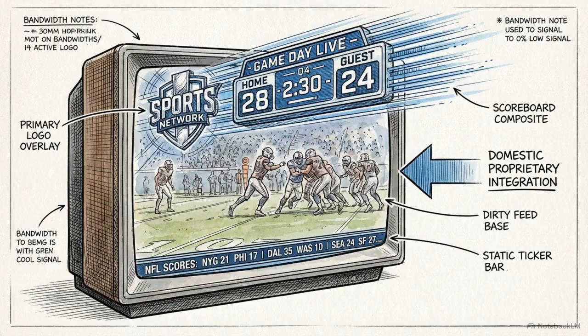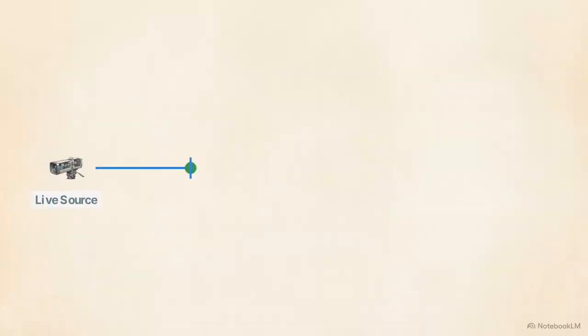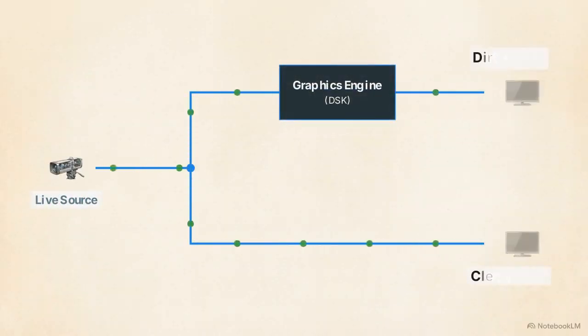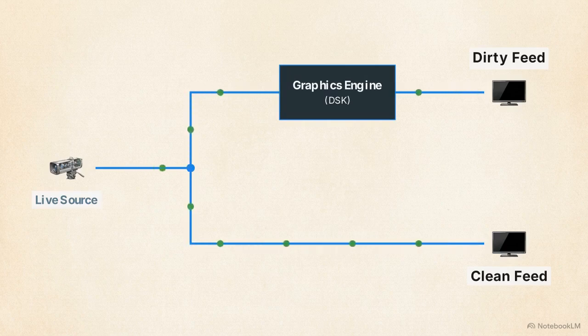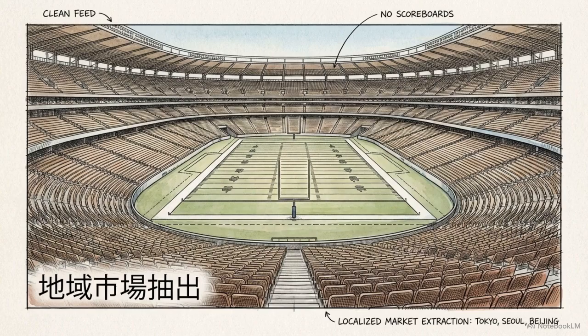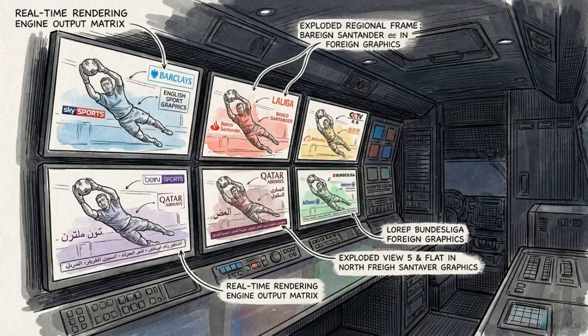output. The dirty feed is the primary output, containing all domestic proprietary graphics and English language commentary. Simultaneously, the truck generates a clean feed. Advanced routing architectures extract the signal prior to the graphics stage, delivering a pristine visual canvas for international broadcasters to localize for their own markets. The OB van functions as a real-time rendering engine, constructing multiple distinct versions of reality to serve disparate global commercial